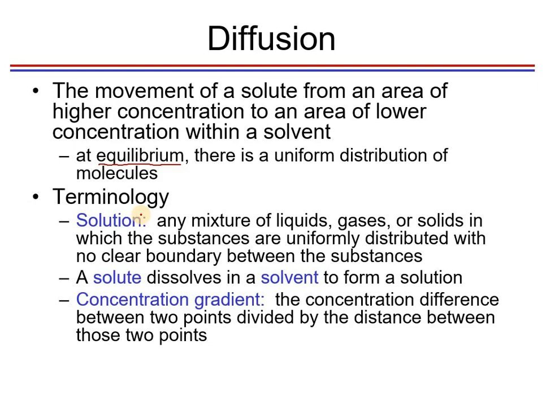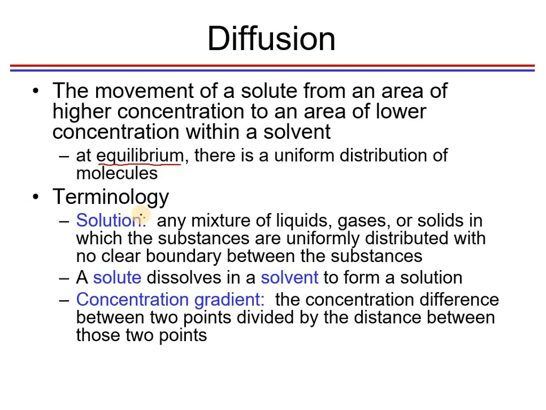Yan. So a solute dissolves in a solvent to form a solution. So yung solute, yun yung tinutunaw. Yung solvent, yun yung tumutunaw. And again, the primary goal of diffusion is equilibrium at kinakailangan merong concentration gradient or pagkakaiba-iba sa concentration. Okay? In different points of the system or the solution. So, dapat merong pagkakaiba-iba. Pag walang concentration gradient, guys, yung diffusion hindi makakapag-start.